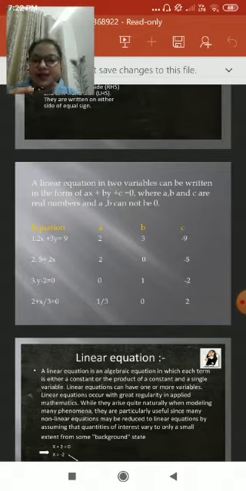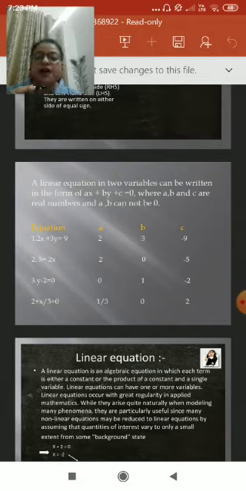So let us take an example. 2x plus 3y is equal to 9 is a simple equation. Now from this equation, if I ask you to find out the values of a, b and c, how will you calculate? So simply we'll see the value which is associated with the variable x, which is 2. So the value of a is 2. Thus the value associated with y is 3. So the value of b is 3, and c is on the other side of the equation. So c's value is equal to minus 9.